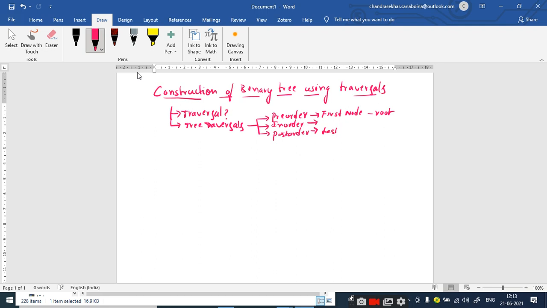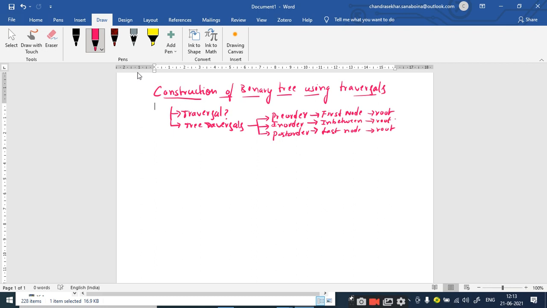So the last node that is visited will be the root node. What about the in-order? After left subtree node, sir. Right, after left subtree. That means we cannot say where the position of the root node in the in-order traversal, right? So it is somewhere in between.